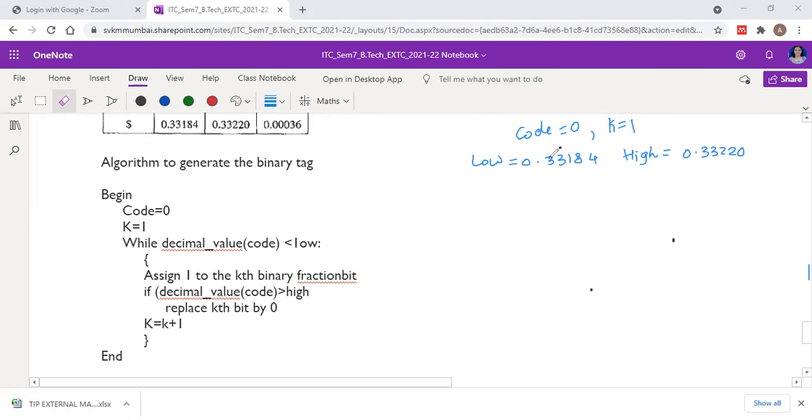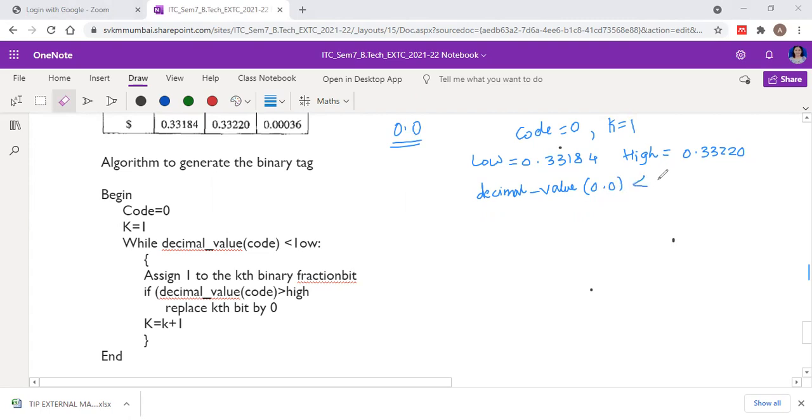We will check the decimal value of the code, and the code will be 0.0, because here we are getting the binary code word for the decimal value.